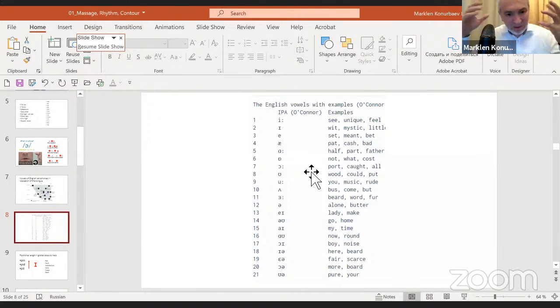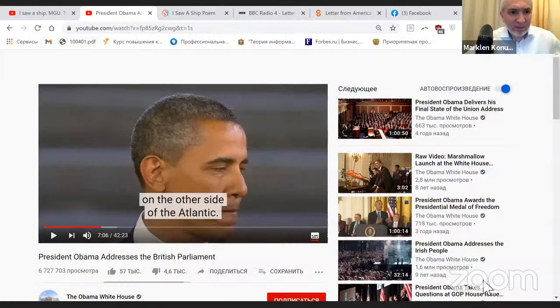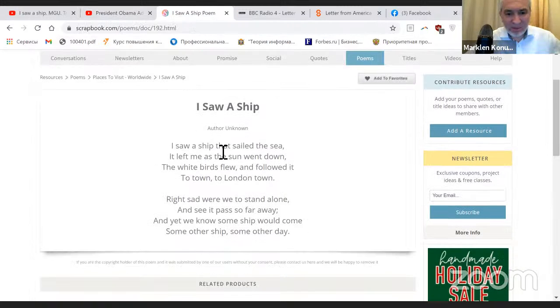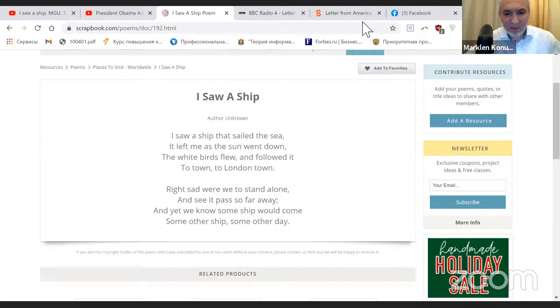You begin pronouncing it through this combination of sounds. And finally, count number 12, which is schwa, that I already explained to you how to pronounce it. Then, naturally, I would want to show you how I do it in practice. And I will now show you on the screen the poem that I would recommend you taking and learning. And this is a short English poem about a ship. And you can now take a photo of this poem. And during one of the exercises, please recite it, trying to observe all sounds as I explained. And let me record it to you right now, so that you would actually have some sort of a model